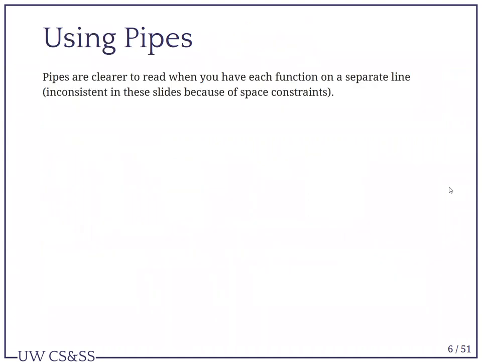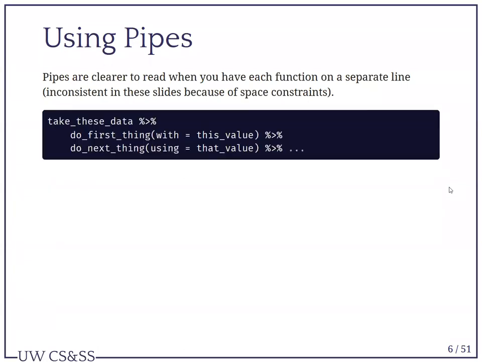Let's talk about how we're going to use them. Pipes are clearer to read when you have each function on a separate line. I might have noted this last week that I tend to put things on separate lines for legibility. Sometimes in the slides this is going to be slightly inconsistent because of the space constraints of the slide, but we typically want things to look like this. We want to take these data and then do the first thing with this value, and then do the next thing using that value, and we can keep chaining these